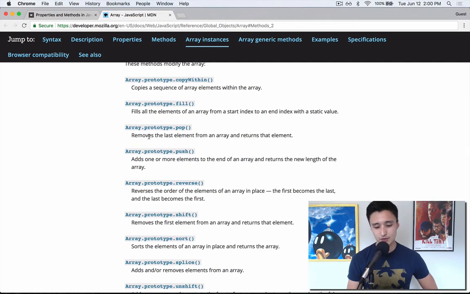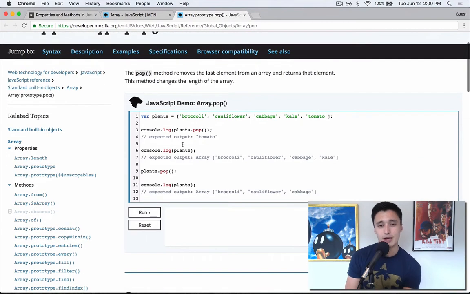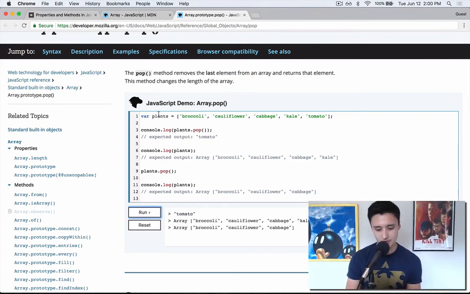It says that it removes the last element from an array and it returns that element. And you can click array.pop, and while you're here, they actually have code written for you, set up kind of like what we've done so far, and you can even run it and see what all these console.log